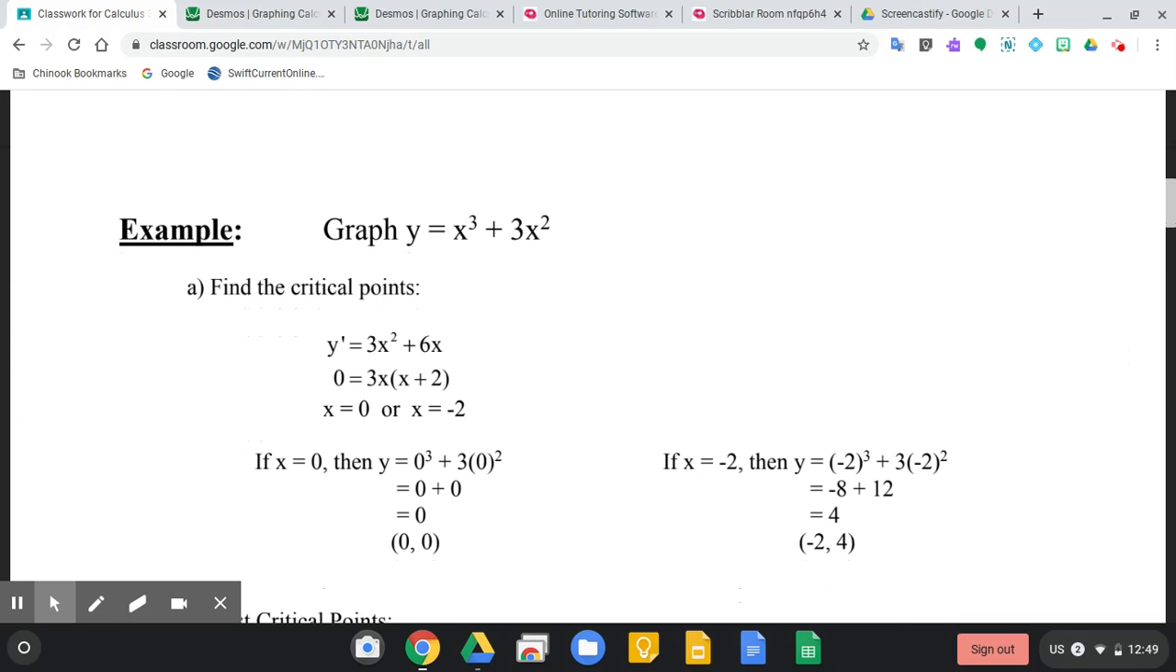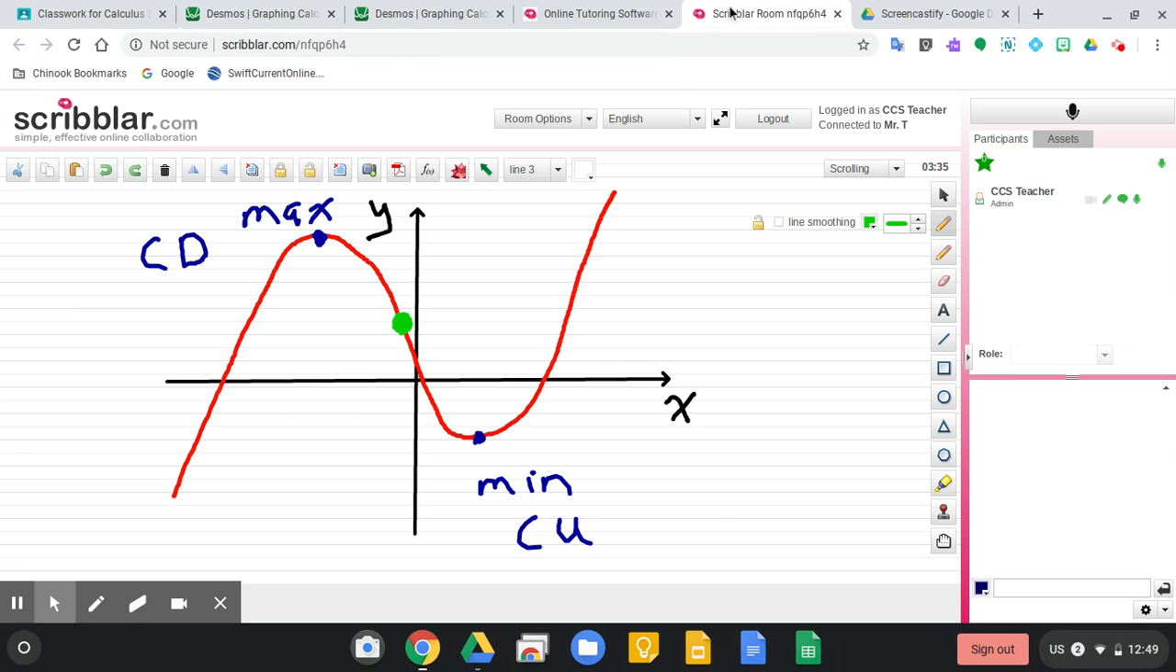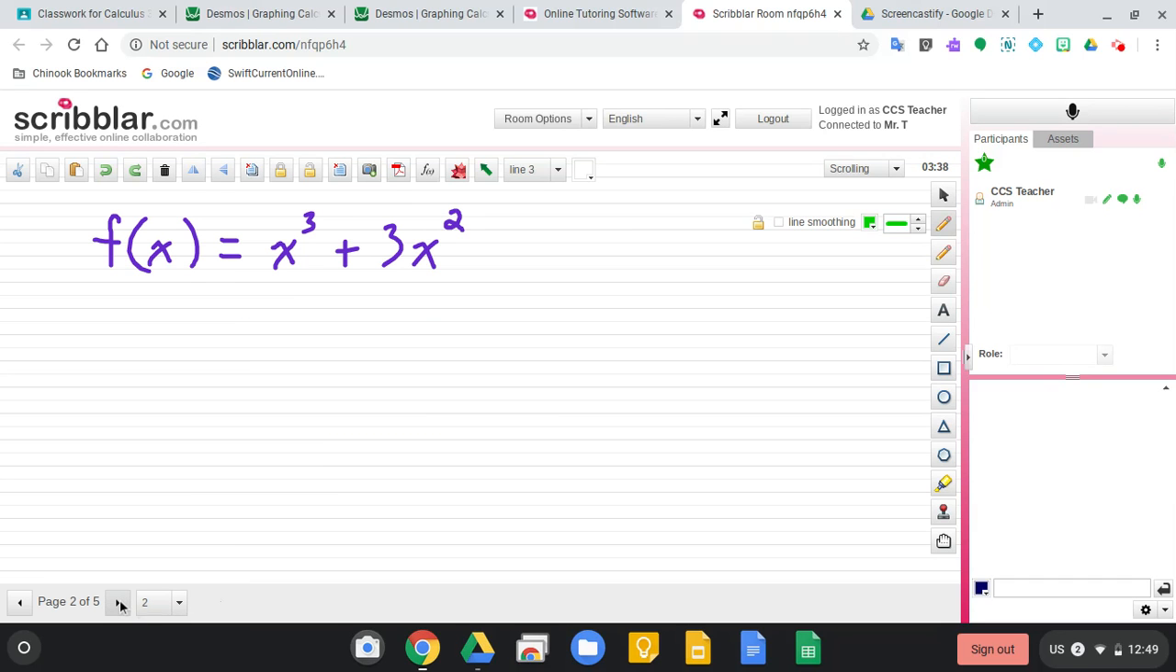Where's my mouse? Let's look at this example. Graph y equals x cubed plus 3x squared. We want to graph y equals x cubed plus 3x squared. Now I have taken the liberty of putting that into this scribbler,